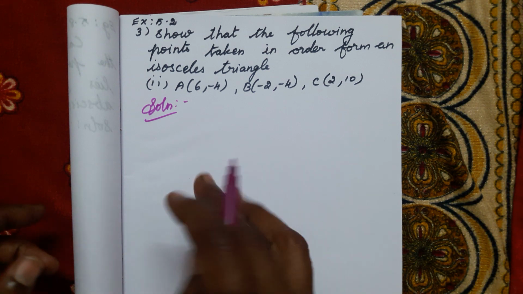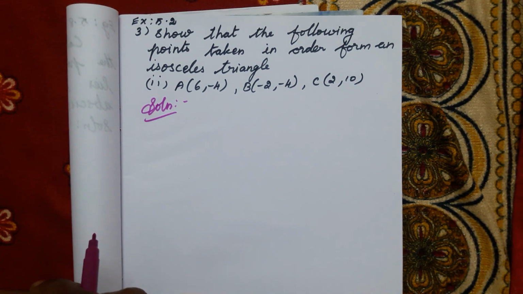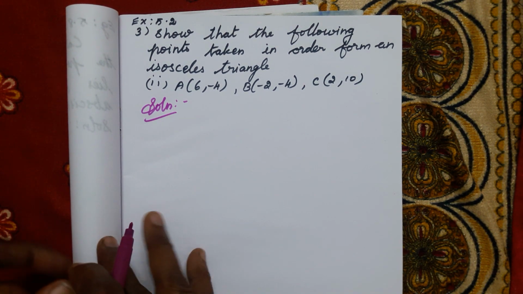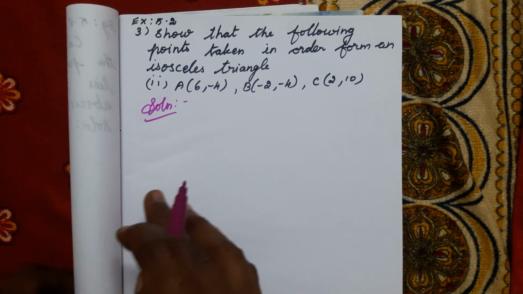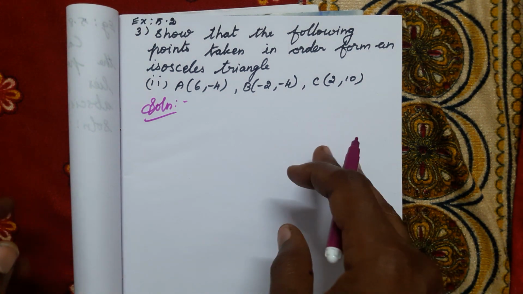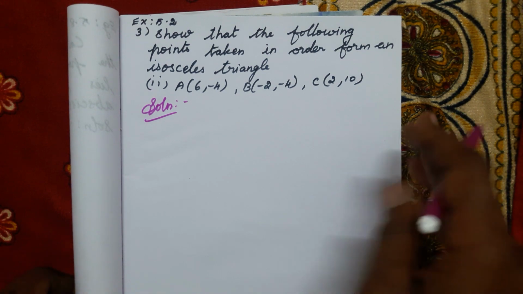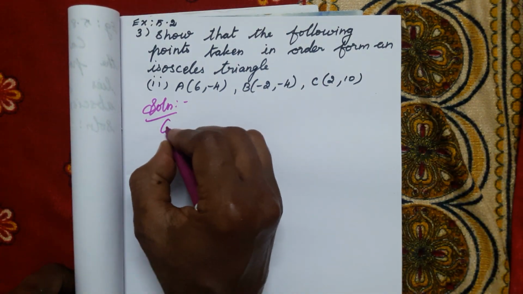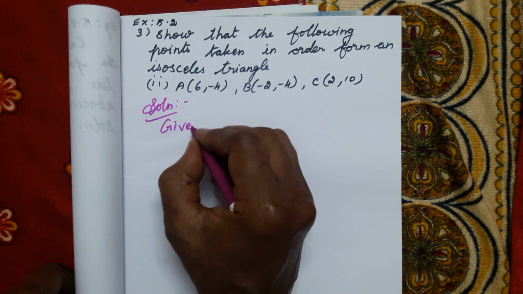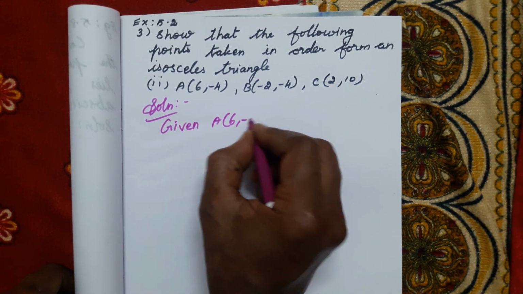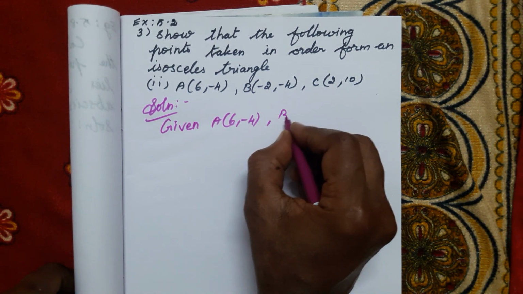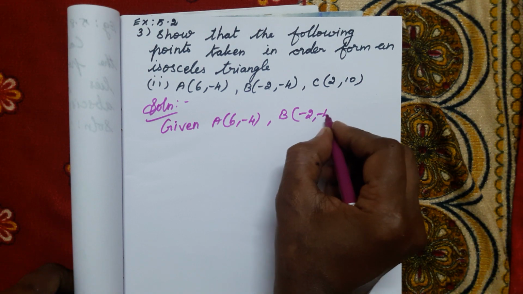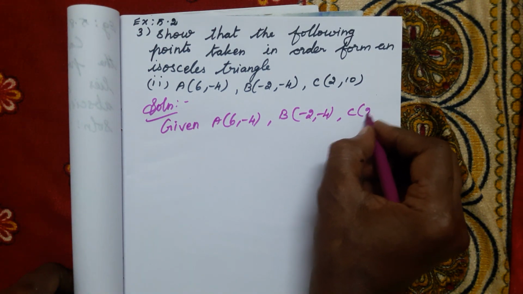Already we know that in an isosceles triangle, two sides are equal. Here also we want to prove two sides are equal. Okay, given